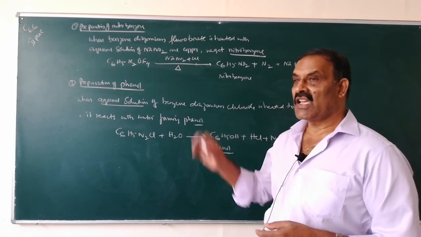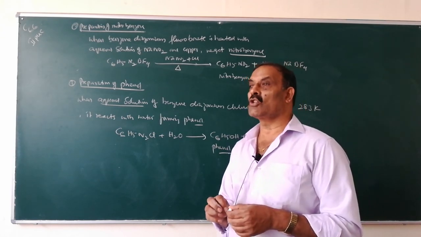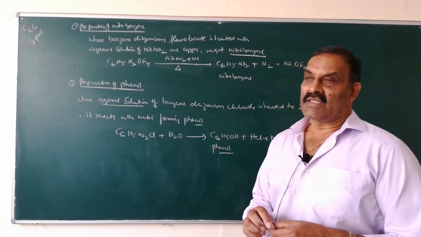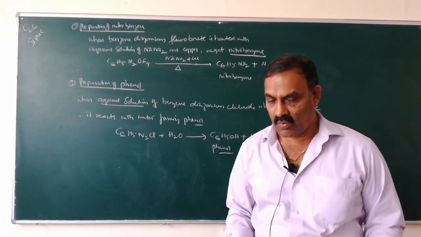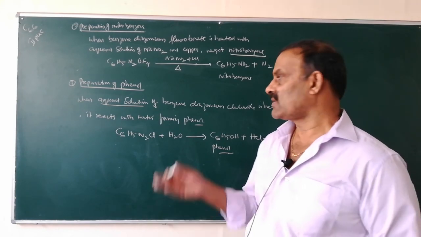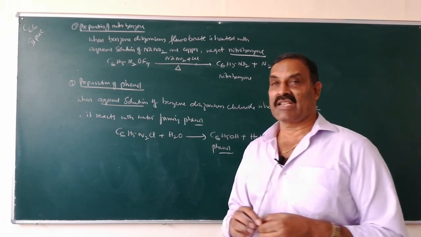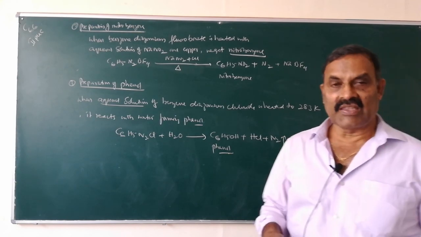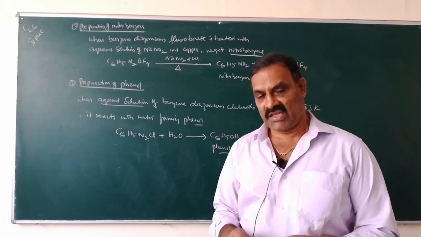So all these reactions are examples for the reactions which displace diazo groups. So since benzene diazonium chloride is useful in the preparation of so many organic compounds, it is called a synthetic organic compound. So from this, these are all the compounds we can prepare. And also there are coupling reactions, I told you in the last class. So with this, the chapter amines is completed.